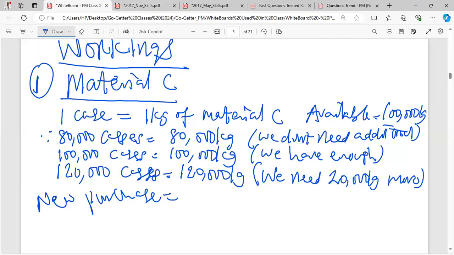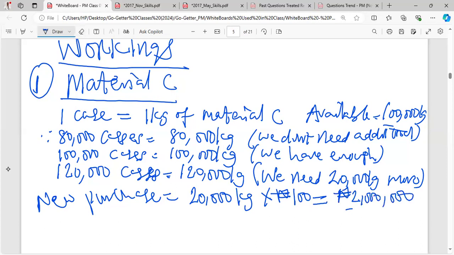We are going to be purchasing 20,000 kilogram times 100 naira. So 20,000 kilogram times 100 naira will give me 2 million. Now this 2 million belongs to